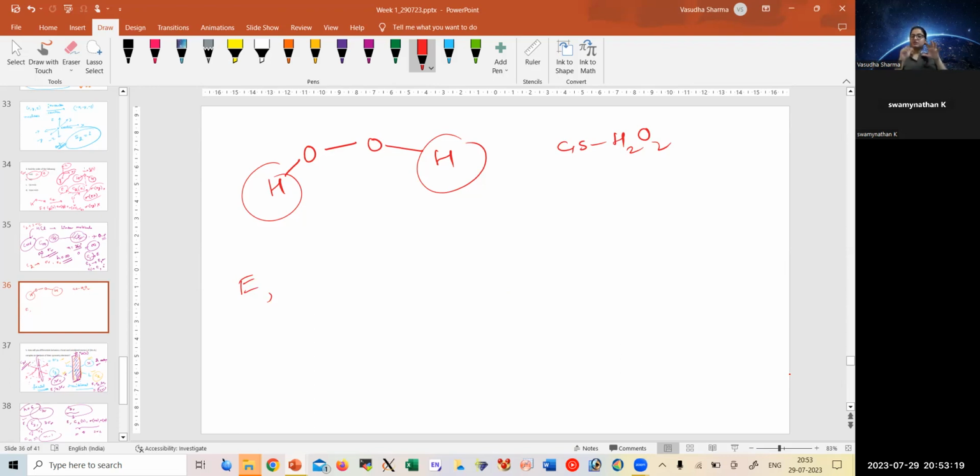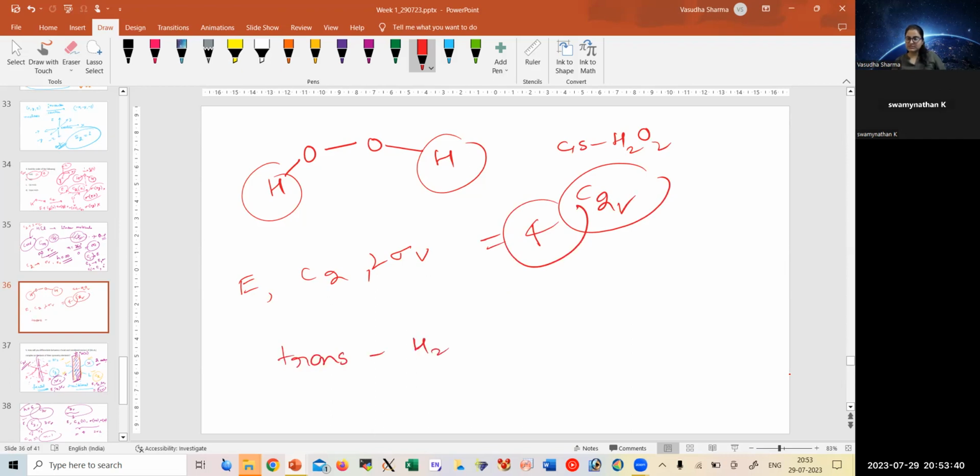To analyze this molecule, if you consider both the oxygen atoms and combine them together, that would be nothing but a water molecule. Water, right? So this would have a C2V point group. C2 would be there, two sigmas would be there, and that would give you an order of 4. Whereas if I have a trans